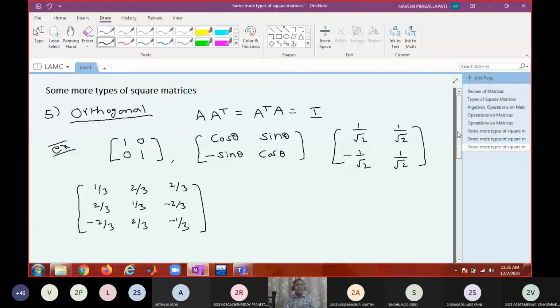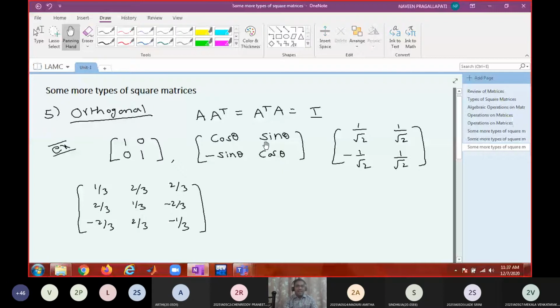How do you check whether they are actually orthogonal or not? First matrix, it is easy. I into I transpose equal to I transpose into I equal to I. That is fine. If you consider this as matrix A, you will find A transpose, and you will find A into A transpose. And if the resultant matrix is identity, you will say it is orthogonal. Am I right or not?